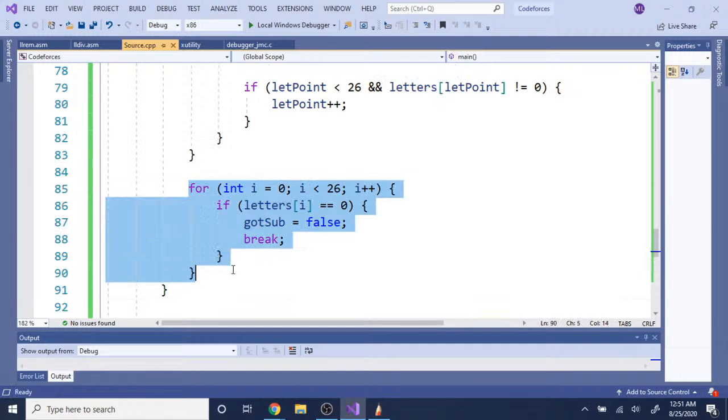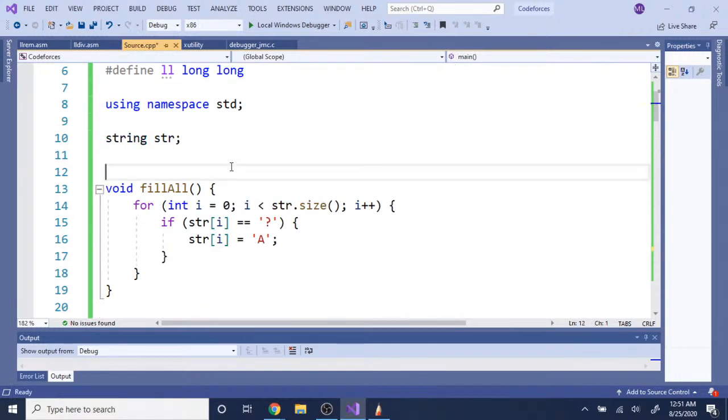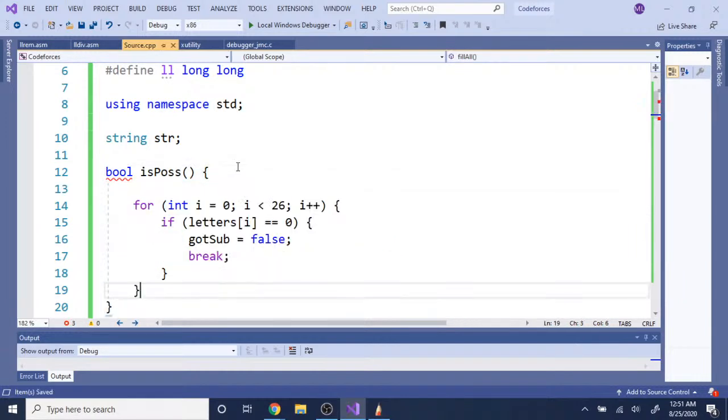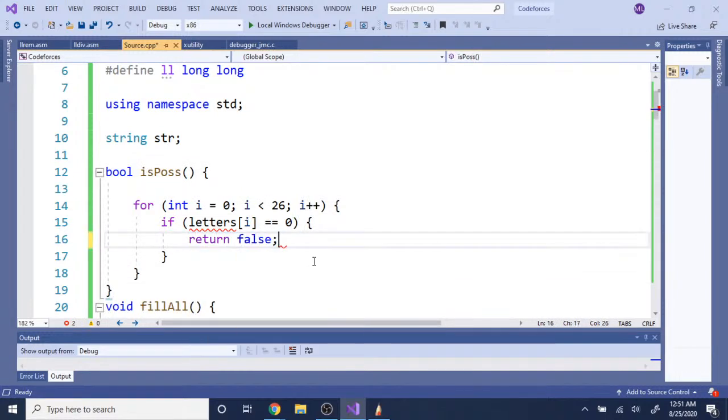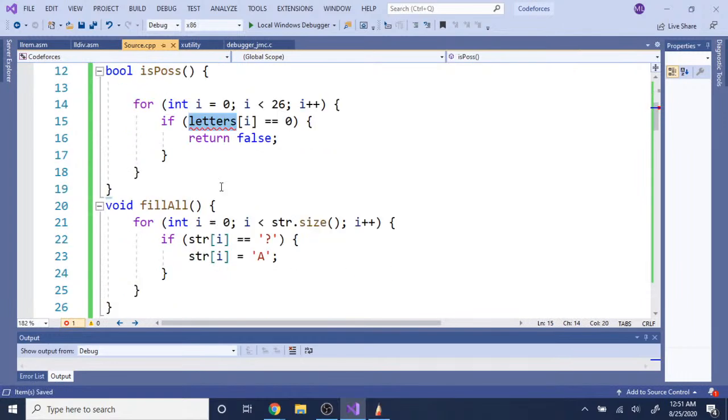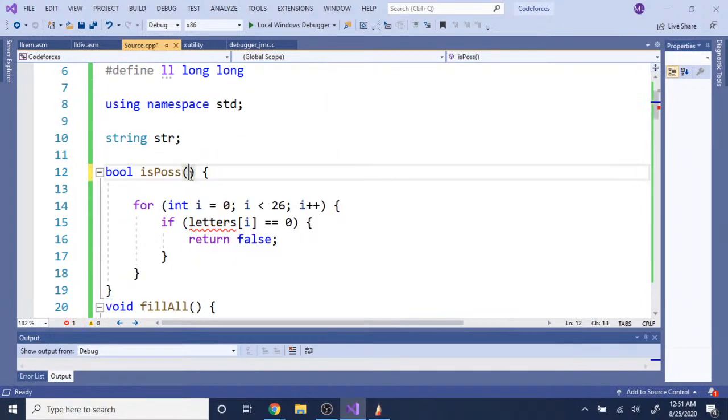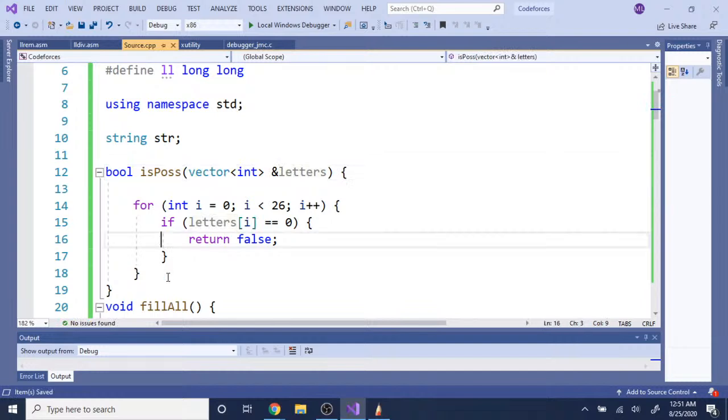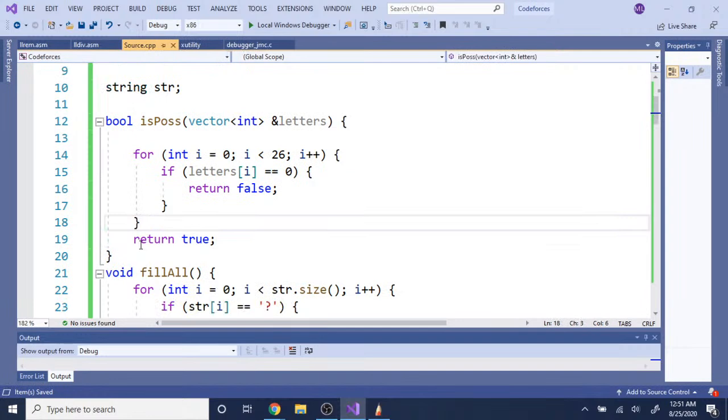So let's put this function outside. Is possible. If it's equal to 0, return false. Crap. Vector int letters, 26. Else return true. So if there's one occurrence where it is possible,